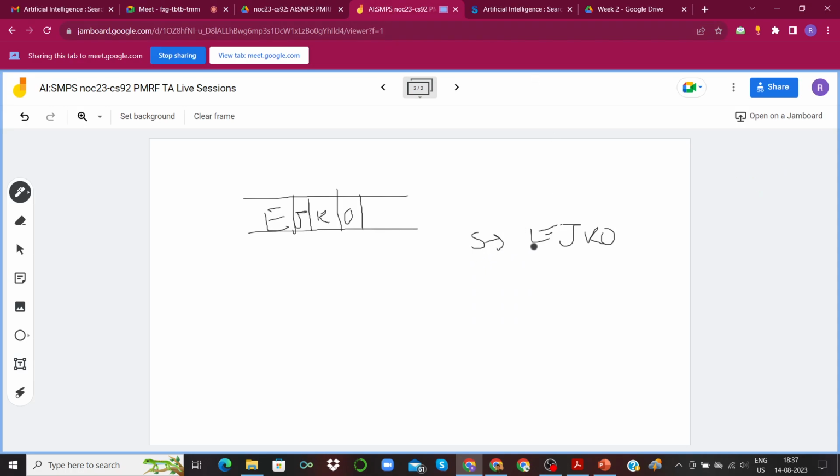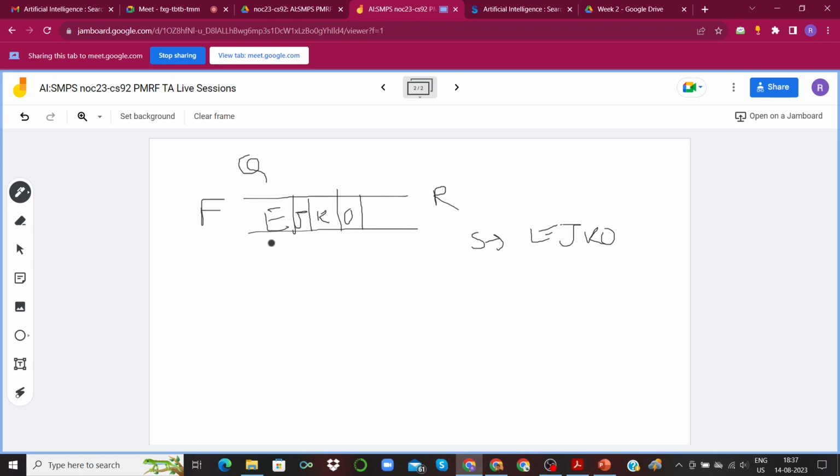Okay, so from S we could go to E, J, K, and O. And this is the order in which we are inserting these into our queue. Now, remember this is the front end of the queue and this is the back end, or the rear end, of the queue.